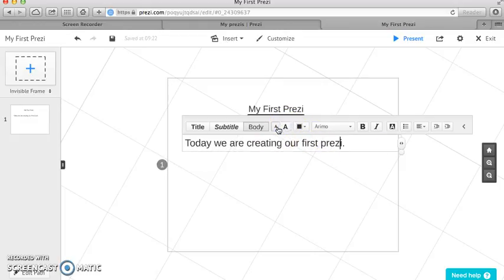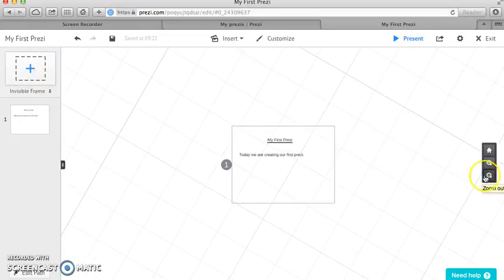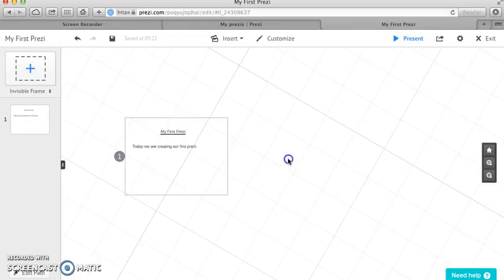You can increase the font, decrease the font, you can change the font, change the alignment, etc. So that is how you add text and a frame. Now I'm going to zoom out, and I'm actually going to insert